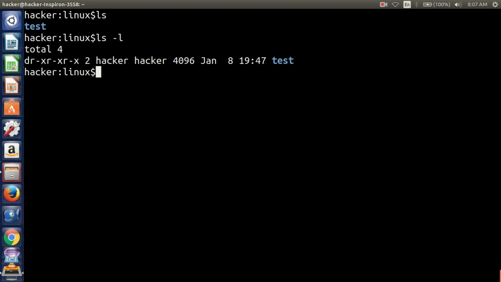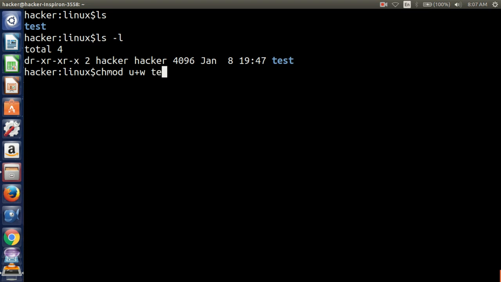The command that we will be using is chmod, and if I want to make the user able to write to this folder, then I will use u and plus. That means I'm adding this permission to the user. So u+w means the user can write into this folder,